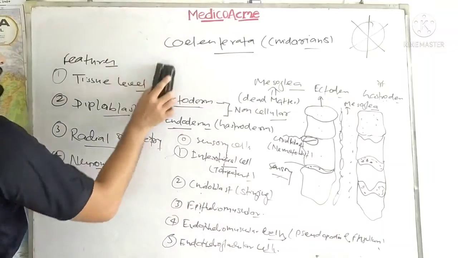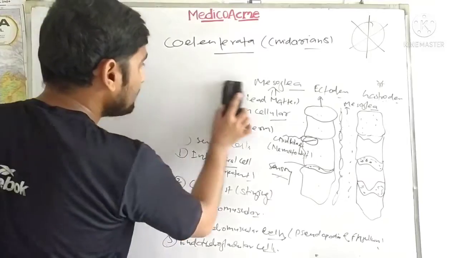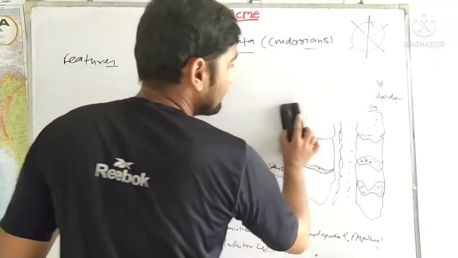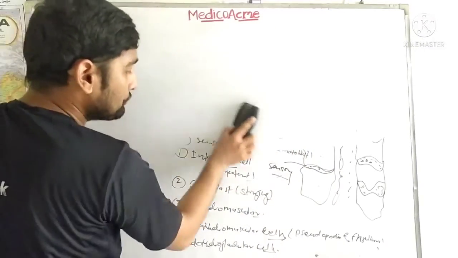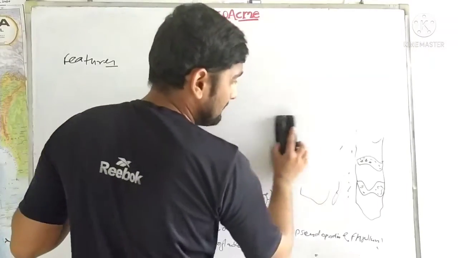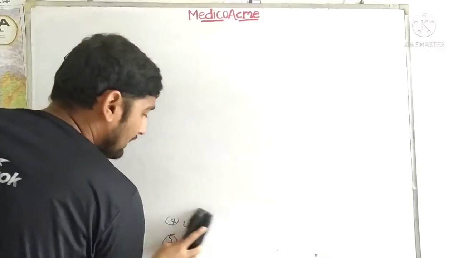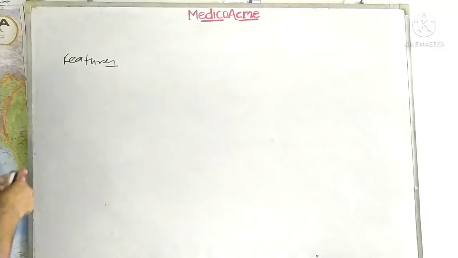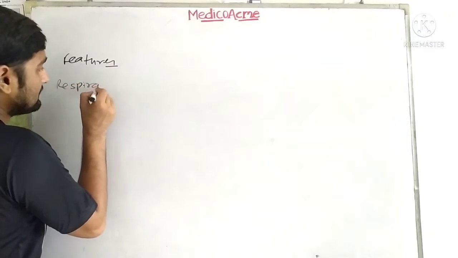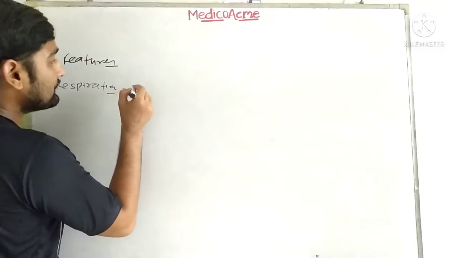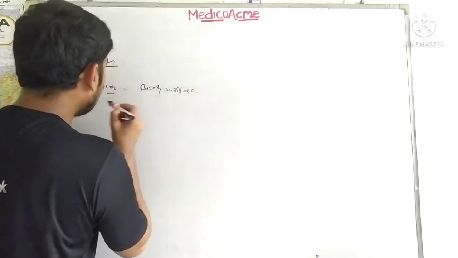Now just look into the other features, that is, physiological features. Here we come across the neuron, or you can say the nervous system, where this is the first organism where you have seen neurons for the sensory perception, along with the sensory cells. So what about the excretion and respiration? For respiration it is going to use the body surface. Same for excretion.